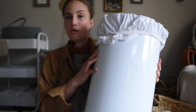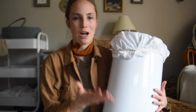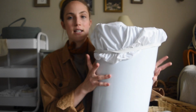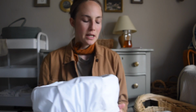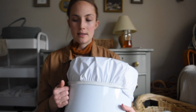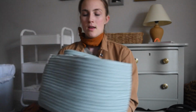So this is actually the Ubbi diaper pail. It was given to us. You could do just a cheap trash can. You don't need to have a fancy diaper pail. This is my favorite diaper bag, the ones with the elastic. I started out with another type, and they worked fine for, you know, 3 years. And then I learned about these types that have the elastic in them, and these work really good because they stay put and you can keep your diaper pail open really easily. So if you're gonna cloth diaper, it really kind of only is natural